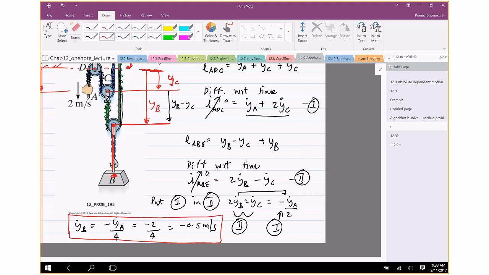So what happens is there's demagnification, so to say, of motion. In this case, the motion doesn't get amplified, but it gets de-amplified by a factor of 4. So if you move A with a speed of 2 meters per second, you only get a quarter of that speed at B. And then the sign tells you about the direction, which says basically that if A is moved down, then B would move up, which makes intuitive sense. Right? So if you get all the signs right, then your answer